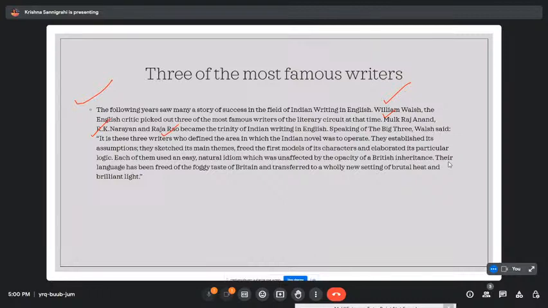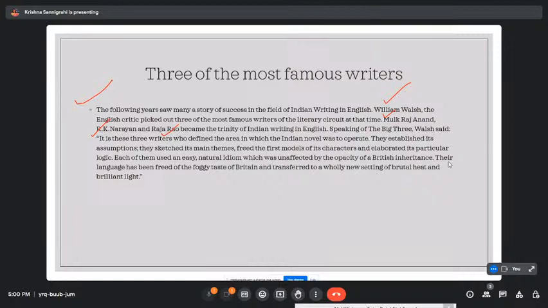Speaking of the big three, Walsh said, it is these three writers who defined the area in which the Indian novel was to operate. So what did it do? It is these three writers who defined the area in which the Indian novel was to operate. They established its assumptions, they sketched its main themes, freed the first models of its characters, and elaborated its particular logic. So each of them